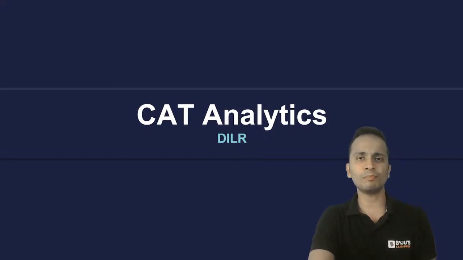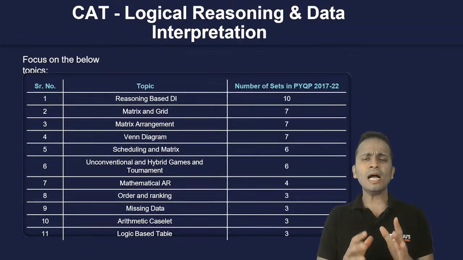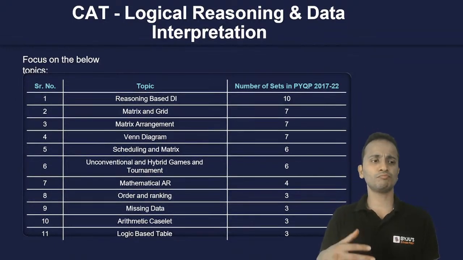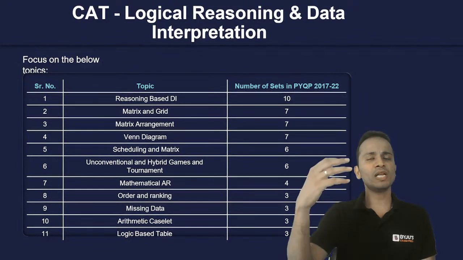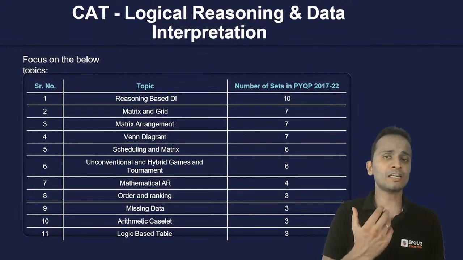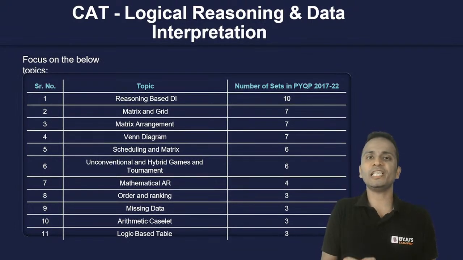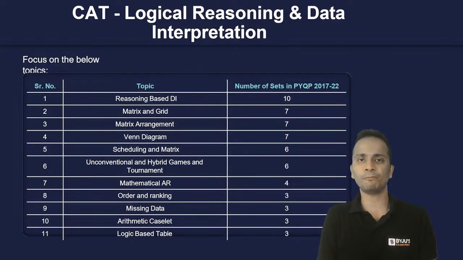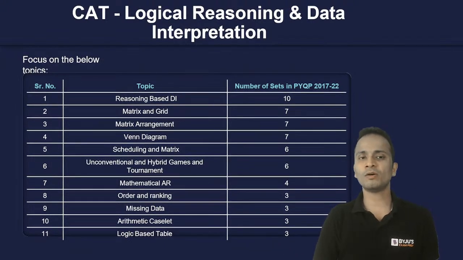All right, I'll be giving you some tips after this. Now, these are some of the important areas. I'll not be spending much time on this. When you start preparation for the CAT examination, you will come across all these areas one by one. And once you start solving the previous year paper questions of CAT, you will understand which areas are more important, which areas are less important. Okay, so you just go through the names of these areas and you will encounter lots of questions from the top 6 or top 7 areas, right?